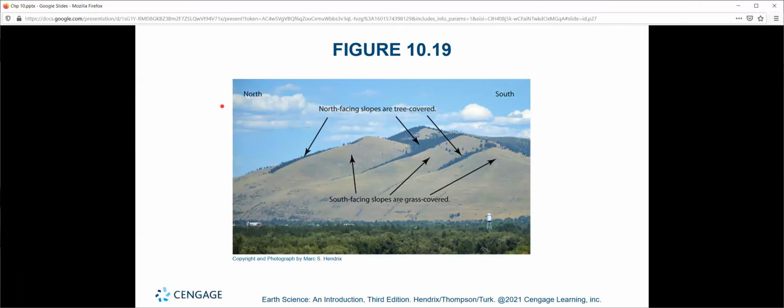Cool. Let's take a look at this image here, right? You maybe don't think about it at first glance, but pay close attention here. Notice how one side of all these hills has trees and the other side doesn't. Interesting, right? What could that mean? Why do you think trees only really prefer to grow on one side of this and not the other?